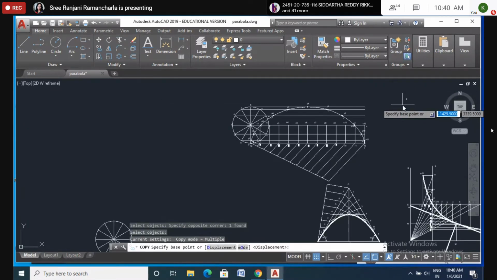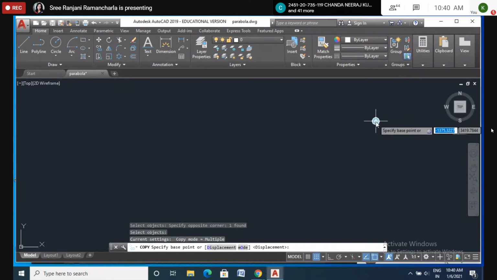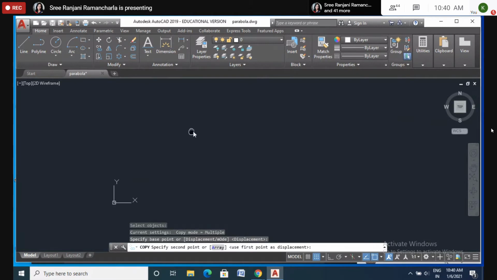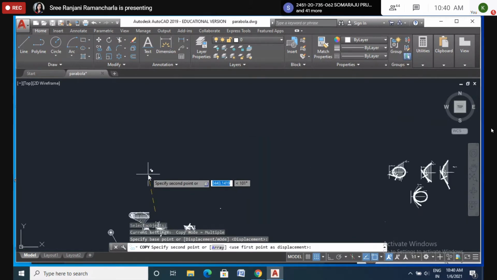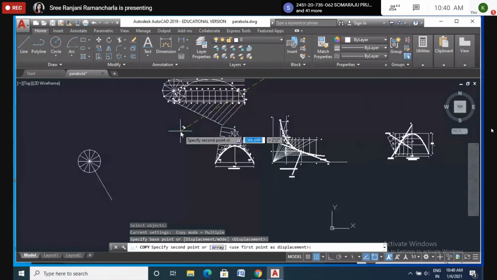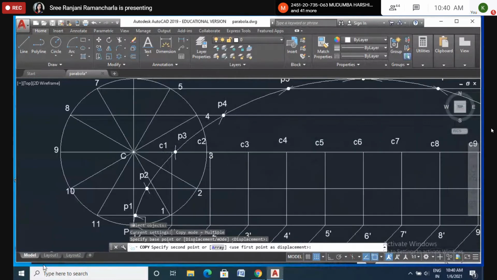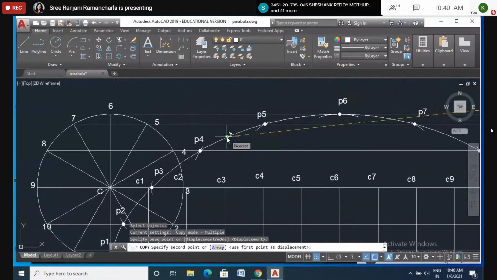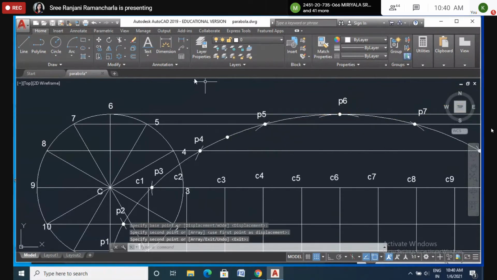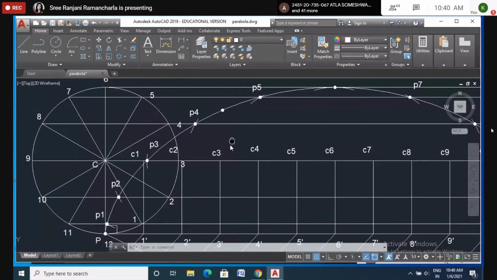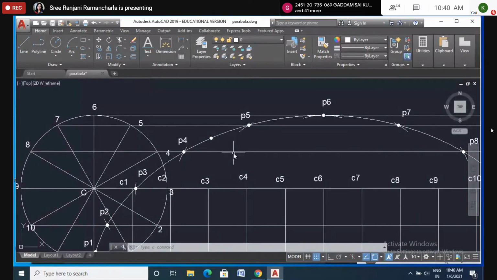I'm asking you questions and you're not responding, but using this, I think you will be able to recollect what I'm saying. So I want to make it somewhere here. If you want, you can make it somewhere here also. I will call this point P, just P. So this becomes P12, right? This one you make as just P, point P. I will write it later on. Then from here,